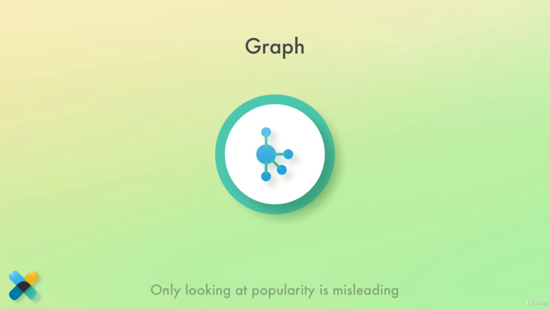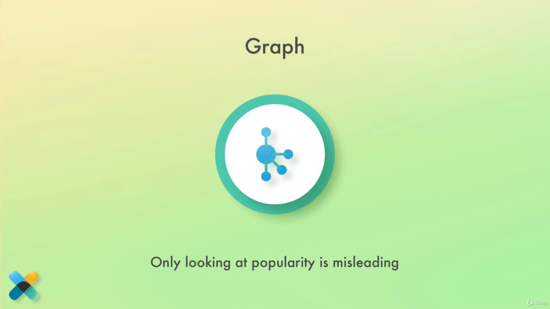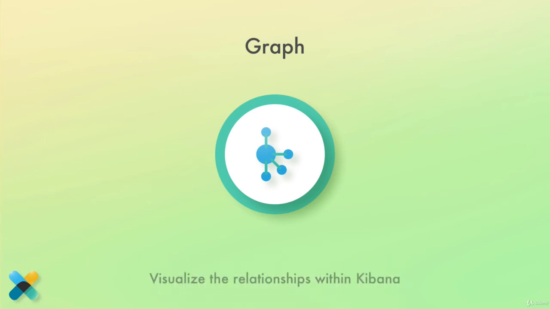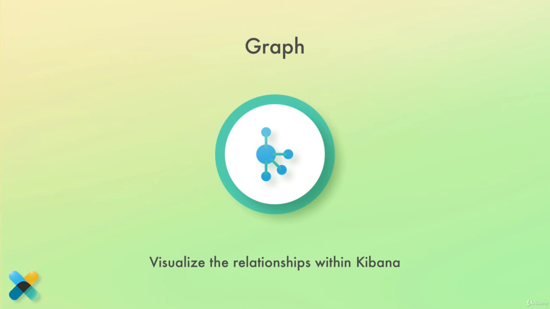The point is that purely looking at the relationships in data without looking at relevance can be misleading. That's why Graph uses the relevance capabilities of Elasticsearch when determining what is related and what isn't. Graph exposes an API that you can use to integrate this into applications. Apart from the aforementioned examples, another example could be to send out product recommendations in a newsletter based on a person's purchase history. Graph also provides a plugin for Kibana where you can visualize your data as an interactive graph.